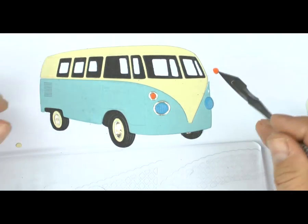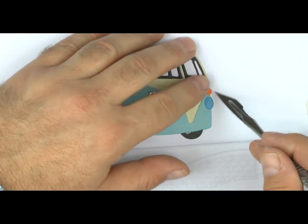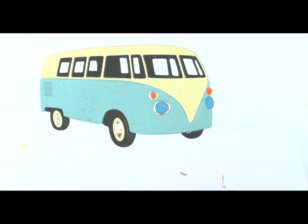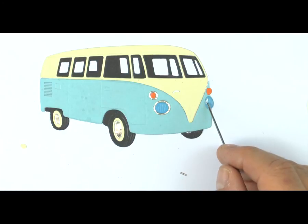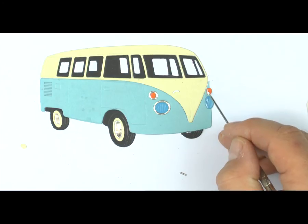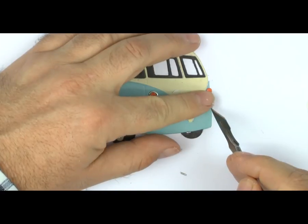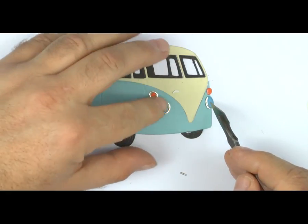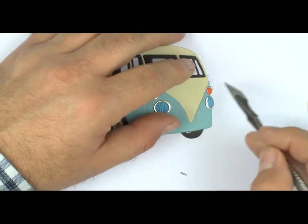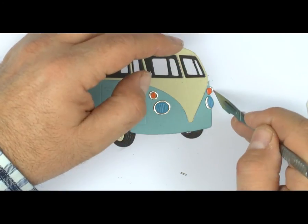And then again, just pop that with a squarer part, and it will just go slightly over the edge, as you can see there. And now for some precision gluing. A little bit of glue down here, and the same for the indicator, because these bits, I'm just picking up on my craft knife there, they actually sit on top, whereas we had a frame there, these will just sit on top. And again, if I just pick that up with my craft knife,